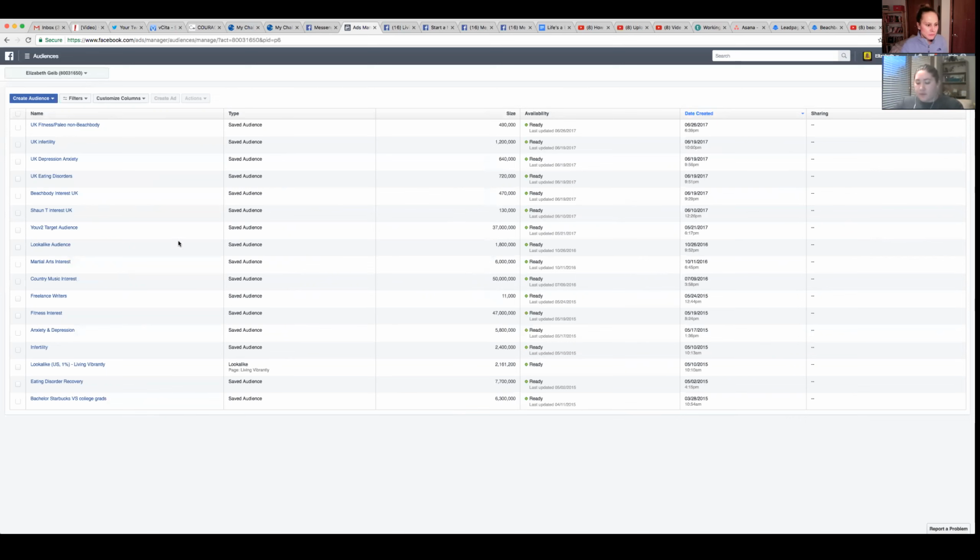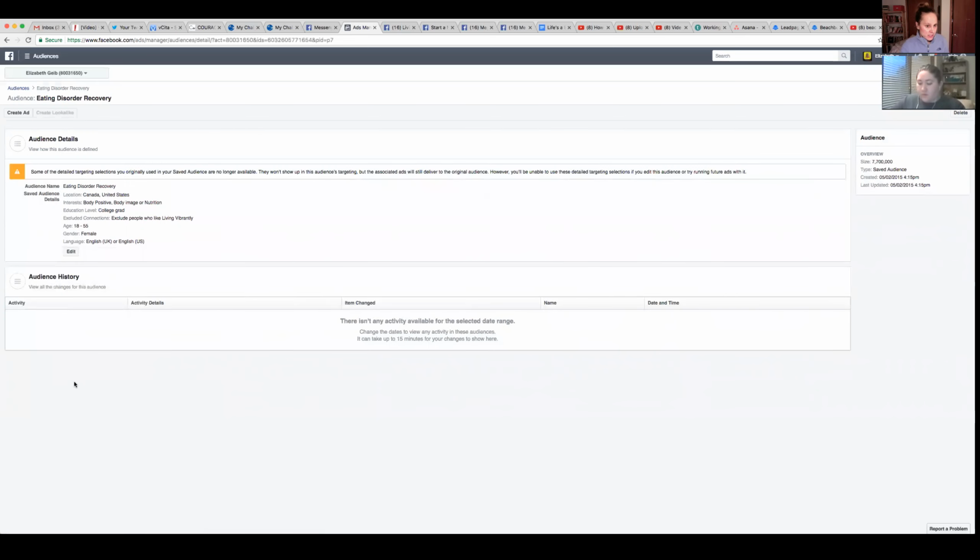Okay, let me just show you one quick thing here. Let me look at this eating disorder recovery one. I just noticed this. This is something new, this warning. Some of the detailed targeting selections you originally used are no longer available. They won't show up in this audience's targeting, but the associated ads will still deliver to the original audience. However, you'll be unable to use these detailed targeting selections if you edit this audience or try running future ads with it. So the best I can tell what that means is,